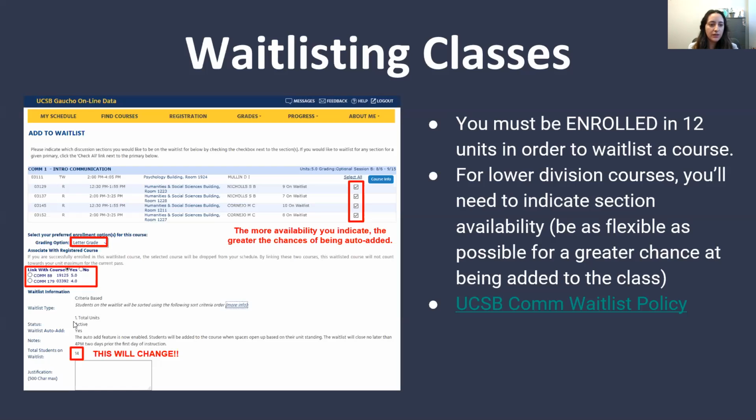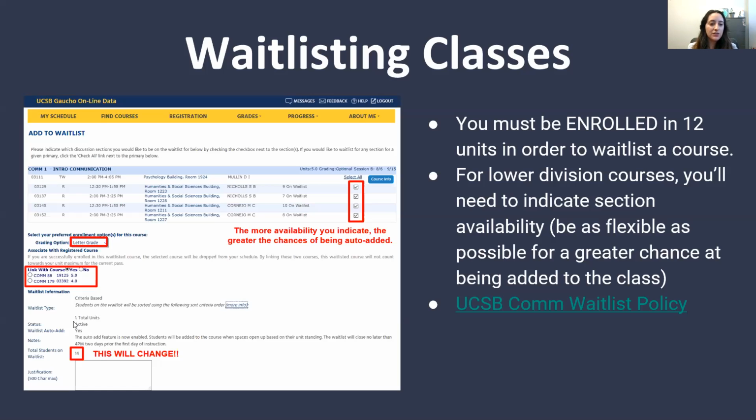And then I want to point out the grading option. I mentioned earlier, all comm classes must be taken for a letter grade. That's where you would choose the grading option when you go to register for the class. It's a little drop-down menu. The default for most classes is going to be letter grade. You'll also see that some classes you try to enroll in may not have an option, so it's either one way or the other. You don't have the option to choose.